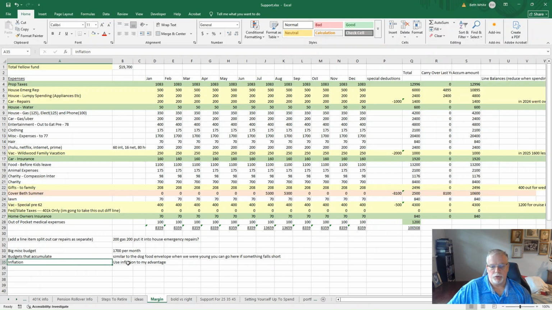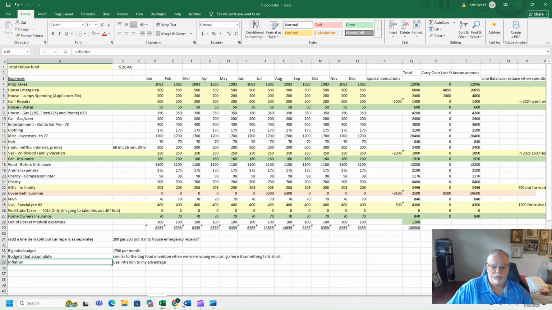Okay. Third one. This is a little trickier, right? So just kind of get your head around this, and it works. I use inflation as a margin. So how do I use inflation as a margin? Well, first of all, we all know the concept of inflation, right? I mean, very rarely does the cost of things go down, but usually the cost of things go up. So what happens is when you go into planning